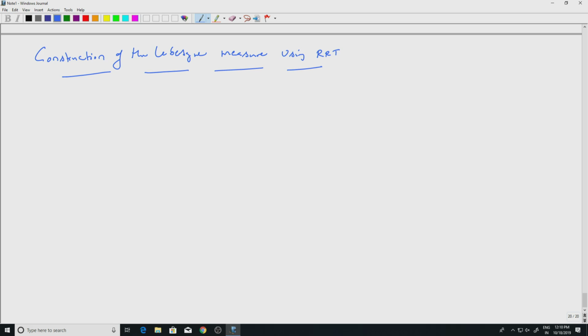So, let us look at R to the k. We change the notation slightly, instead of Rn we will use Rk. So, some simple definitions first, which you have seen already. We have used the terms cubes, rectangles, etc. Now, we slightly change it because I am following Rudin's book, Real and Complex Analysis.